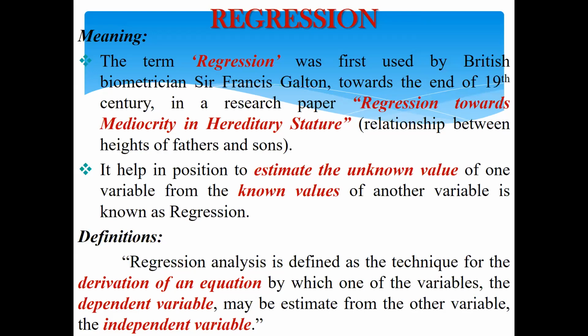For example, take expenses. What are the monthly expenses of a family? Your family's monthly expenses are a dependent variable, which depends upon your father's income, and also upon how many members are in your family. So income and number of members in the family are independent variables, because family size does not depend upon the expenses. Your expenses depend upon the family members, and your expenses depend upon income.